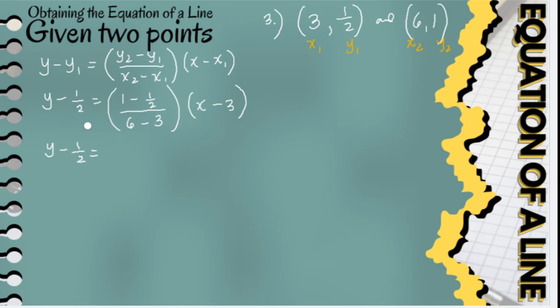Then, what is 1 minus 1 half? 1 minus 1 half. Yung isa, binawasan ng kalahati. So, 1 half, diba? 1 half. Okay. Then, 6 minus 3 is 3, right? Then, we have x minus 3. Okay. So, here,